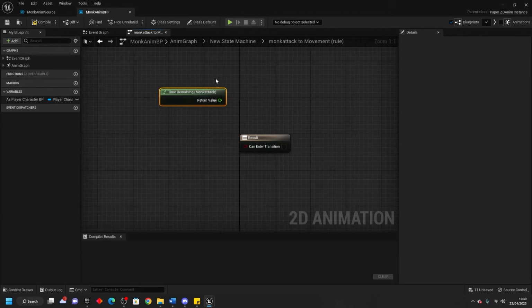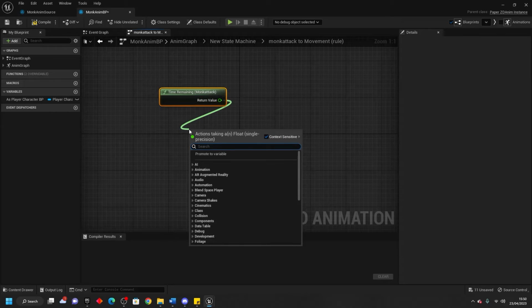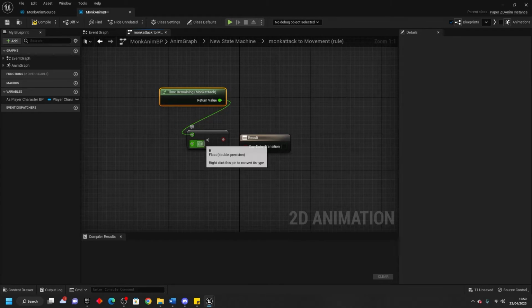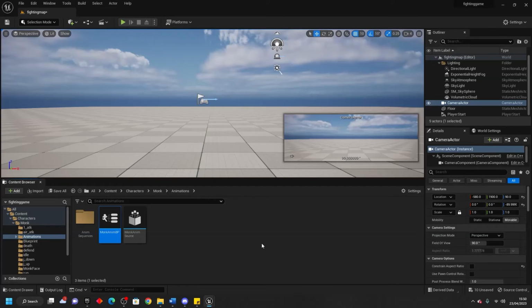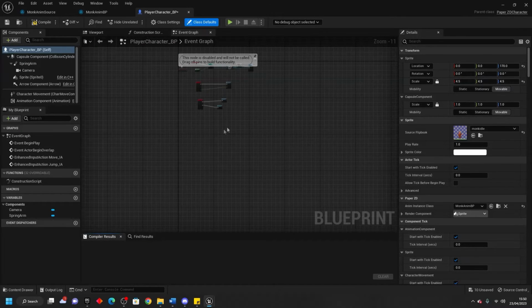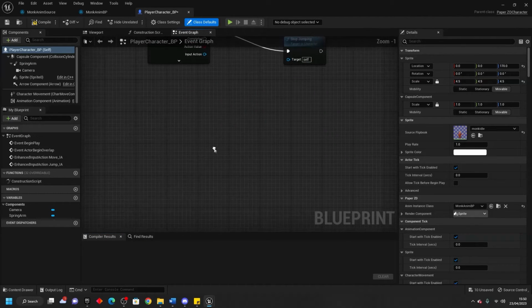When the time remaining of our monk attack animation is less than 0.1, we will transition back into our normal movement state. So I'll connect from here to here, then go back to my new state machine, compile, save, and close this. Next, if we go to the blueprint folder and open up the player character blueprint, we want to